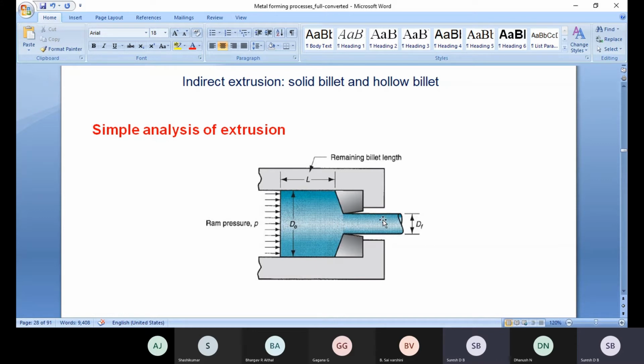X-axis means the extruded component, where some small elastic and plastic deformation comes back to the original shape position. At that time, the die surface as well as the extruded component's surface are sliding against each other. At that time some friction is created between the die and the extruded component, and some cracks and holes are created.